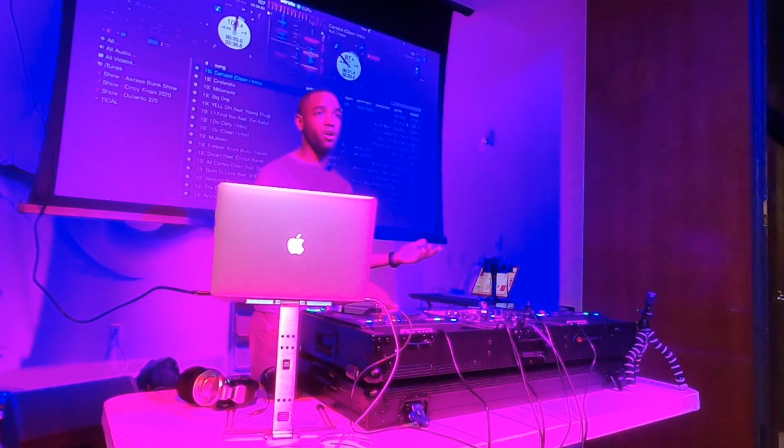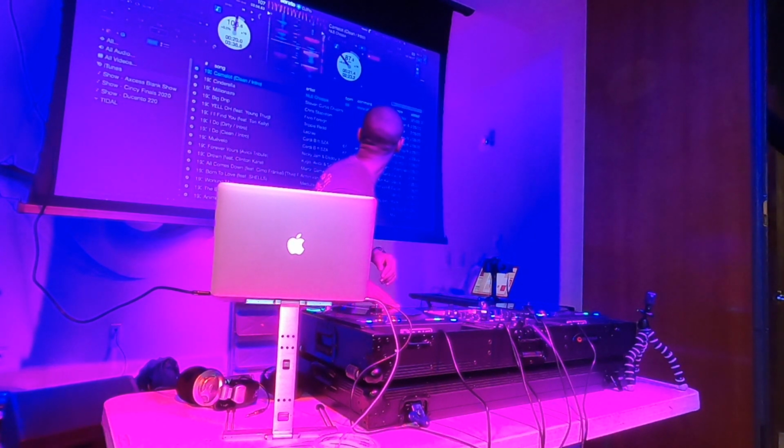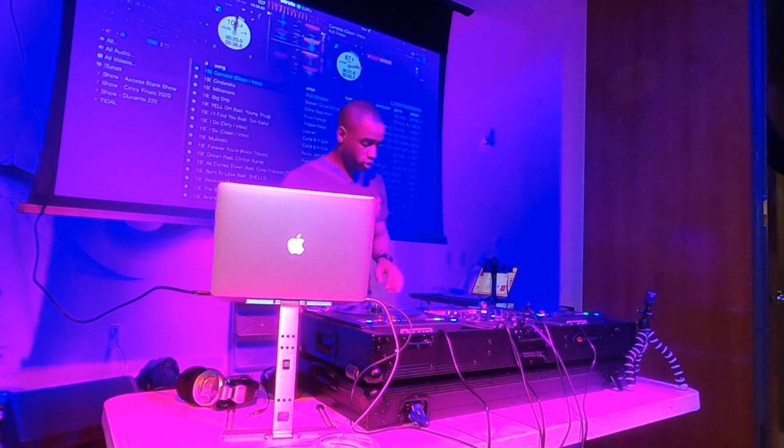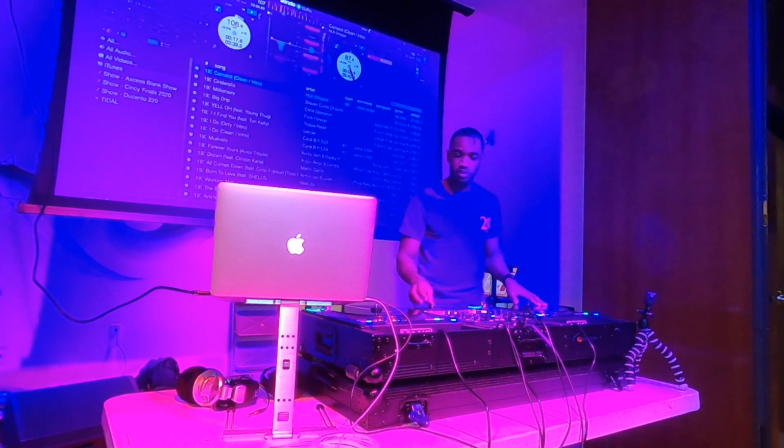So right there, right? I saw the green. I know it's my vocal right there. So there's my second cue point. Boom. So if I'm playing and I'm scratching over this,